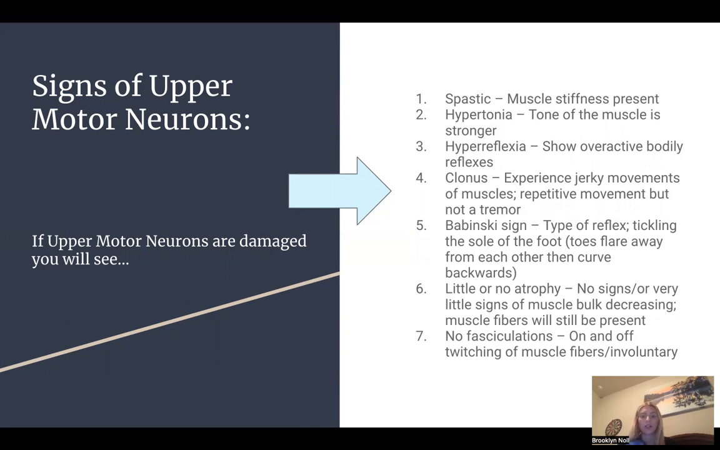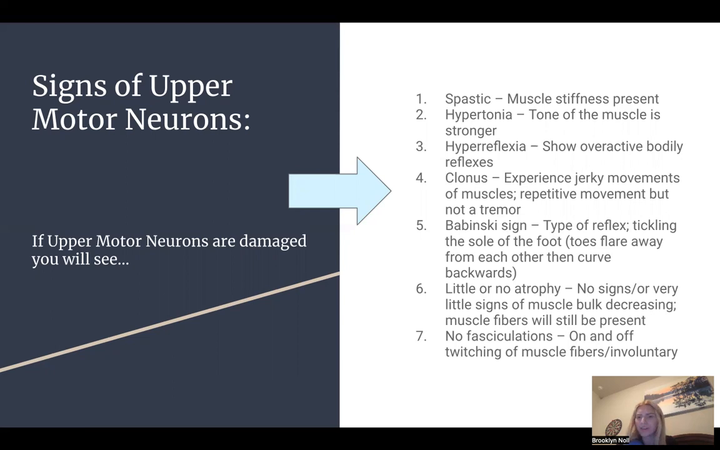Four, clonus. It experiences jerky movements of the muscles, and this is like a repetitive movement, but it is not a tremor. Number five, Babinski sign. This is a type of reflex, the tickling of the sole of the foot. In upper motor neurons, the toes flare away from each other, and then they curve backwards. And then six, little or no